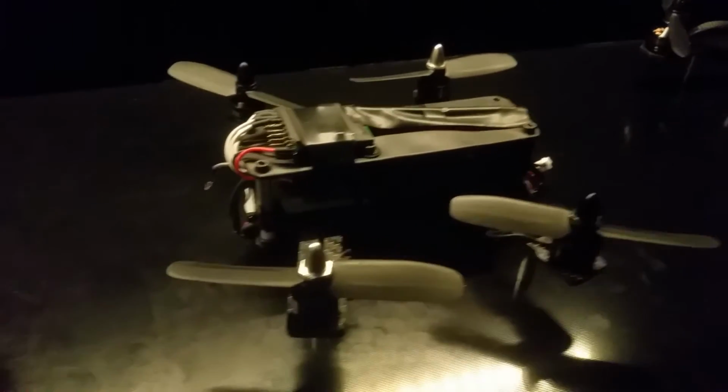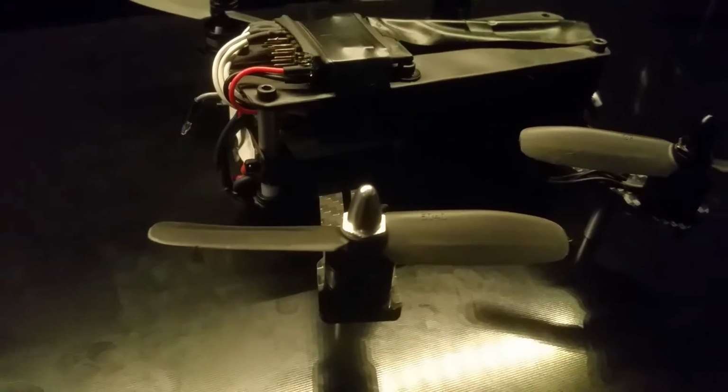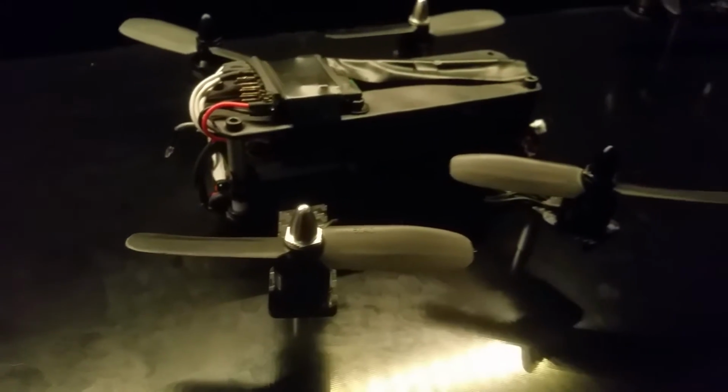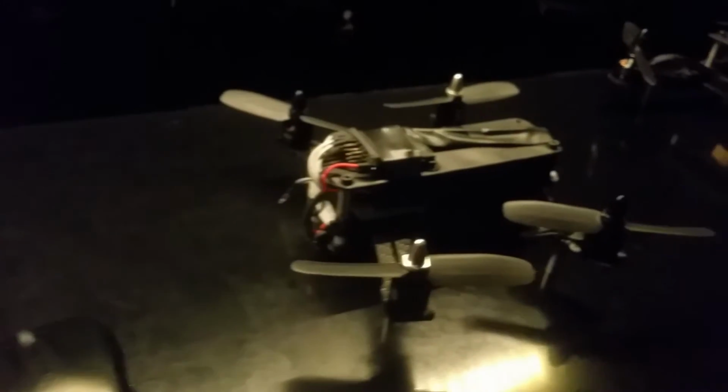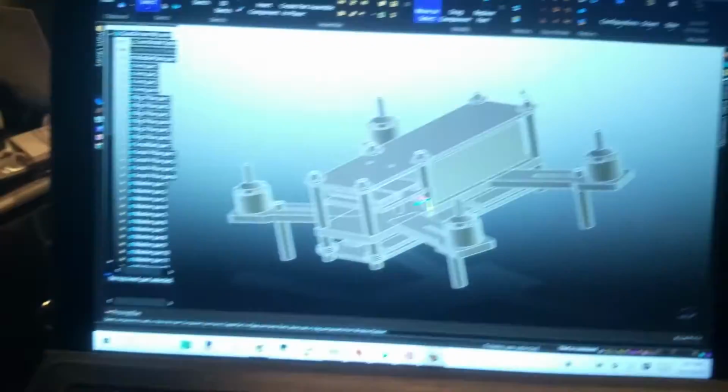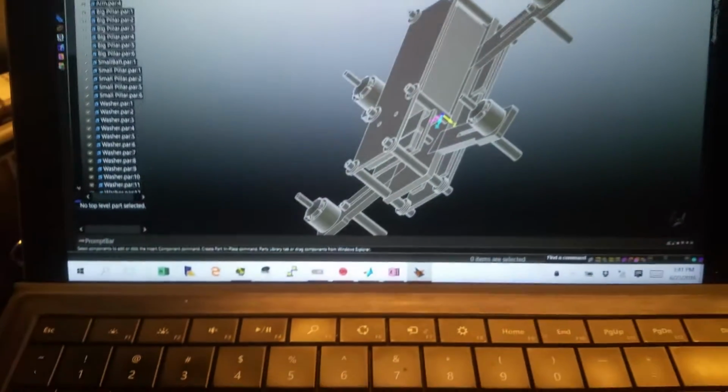Alright, so I have a quadcopter here. It has a Teensy 3.2 and an IMU with a carbon fiber frame. It's a 180 size quad. So I'm doing a model-based controller. So in order to do the model, I had to